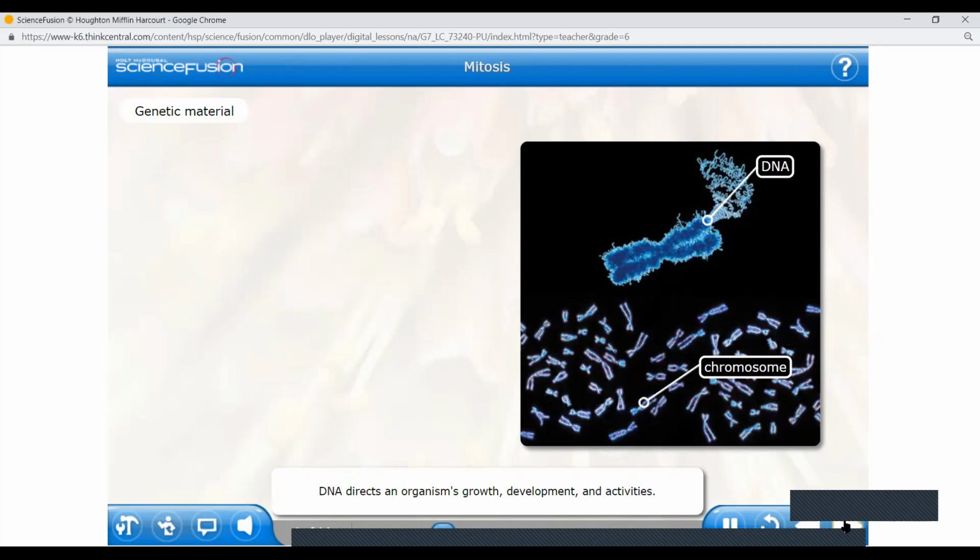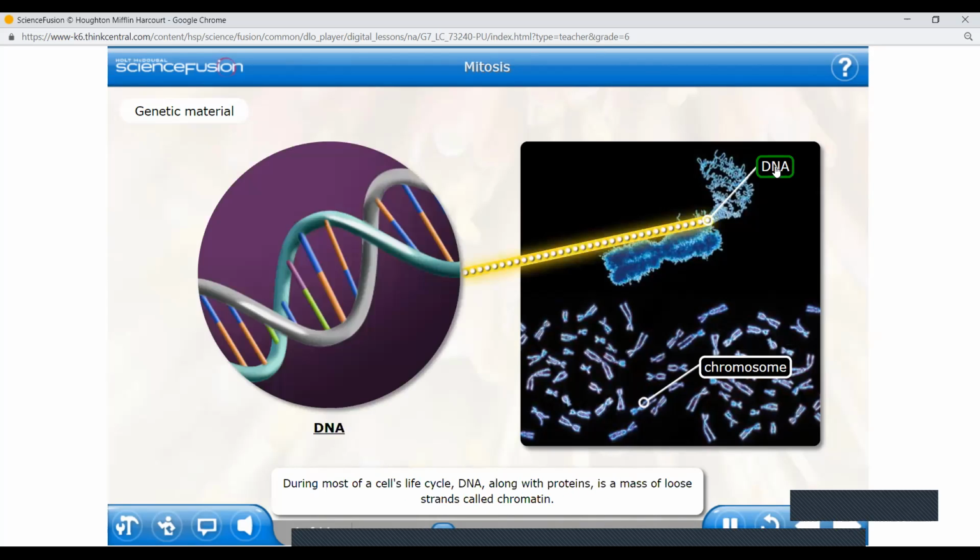DNA directs an organism's growth, development, and activities. Click the pictures to learn more about the DNA in eukaryotic cells. During most of a cell's life cycle, DNA, along with proteins, is a mass of loose strands called chromatin. When the DNA is stretched out, its information is